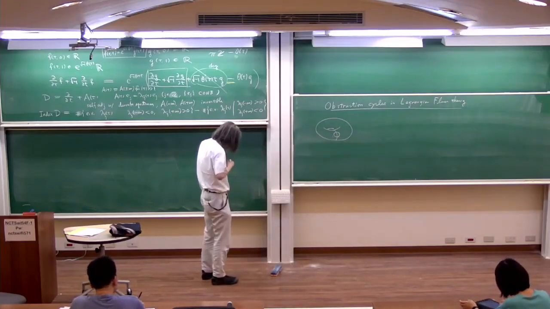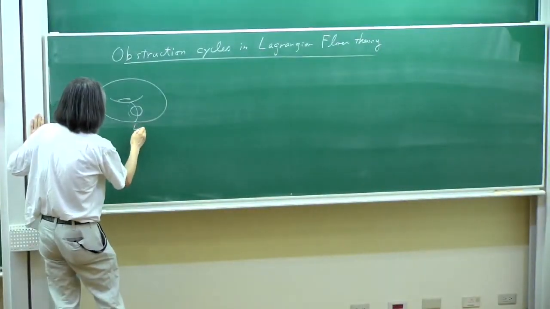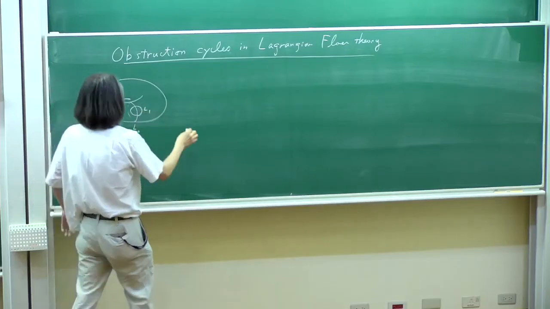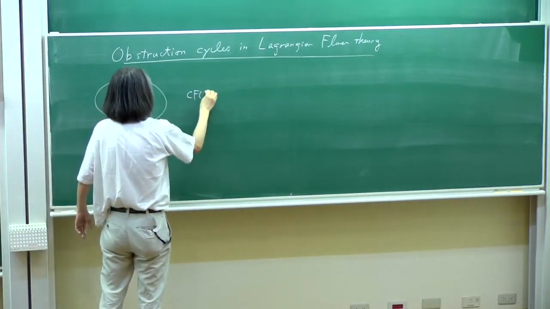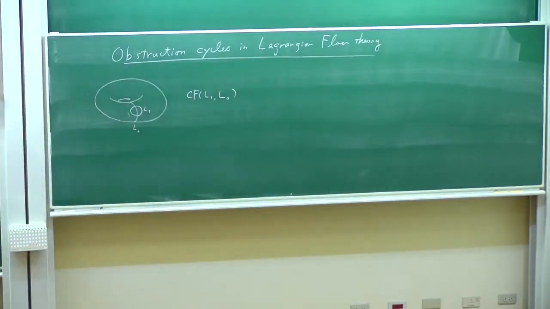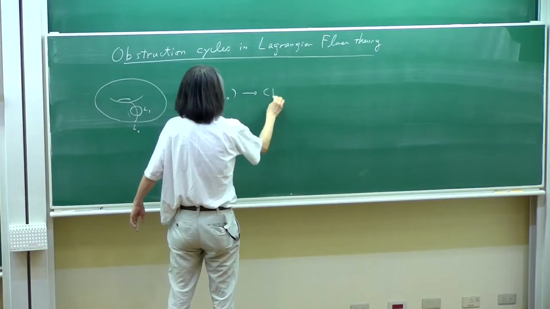For this meridian, maybe L0, and the longitude, this circle, is L1. Then CF(L1, L0) is certainly a module generated by two intersection points, and you may try to define some boundary operator like this,